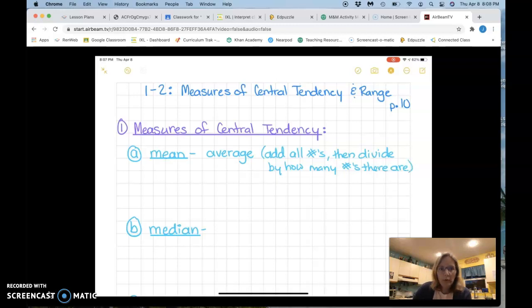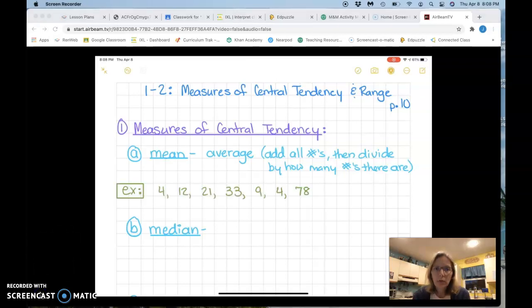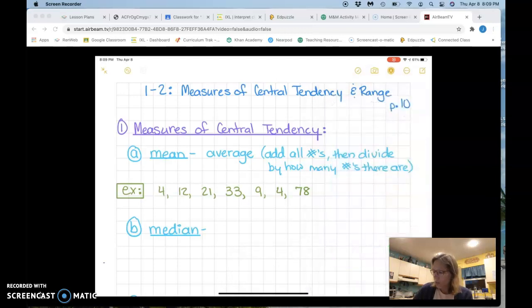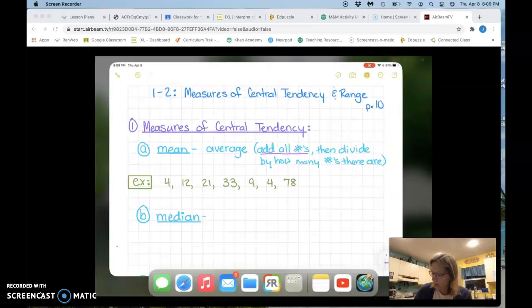Okay, so I'm going to show you an example of that. I'm going to write some numbers down, and I want you to copy everything that I'm writing so that you have these examples in your notebook. So this is the data set that we're going to use for all 3 of these vocabulary terms: mean, median, and mode. We're going to use these numbers in green, and that's going to help us to find each term. So the first thing I do, if you remember what we wrote in parentheses, we're going to add all the numbers up. So I'm going to go to my calculator,